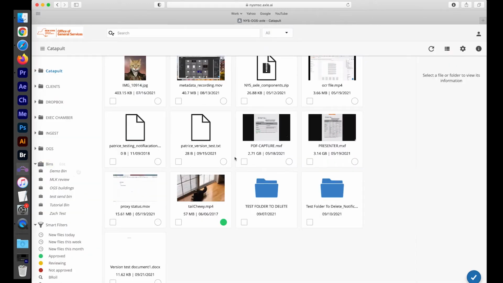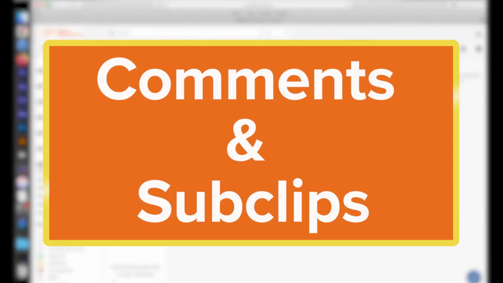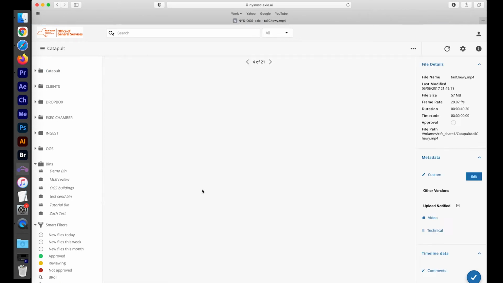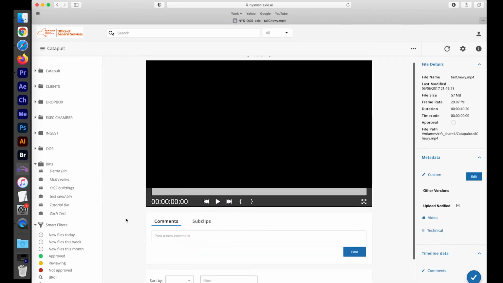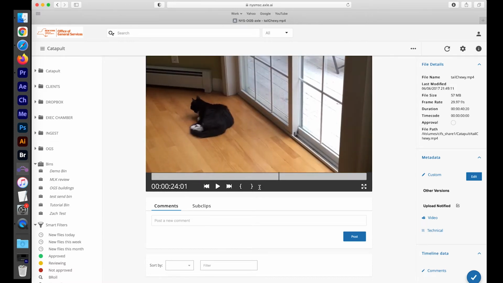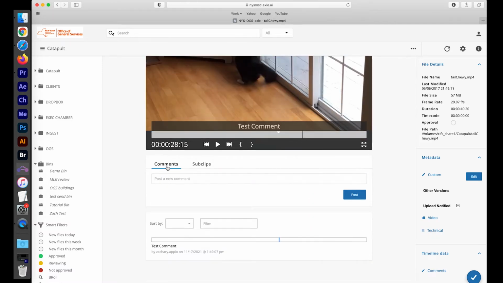One of the key review features in Axle is the ability to create comments and subclips. We will first review making a comment. To do this, you will need to open an asset. Using a clip as an example, an editor, producer, or client with access can scrub to a specific timecode and enter a comment. The comments are viewable to all users in Axle and can be imported into Adobe for an